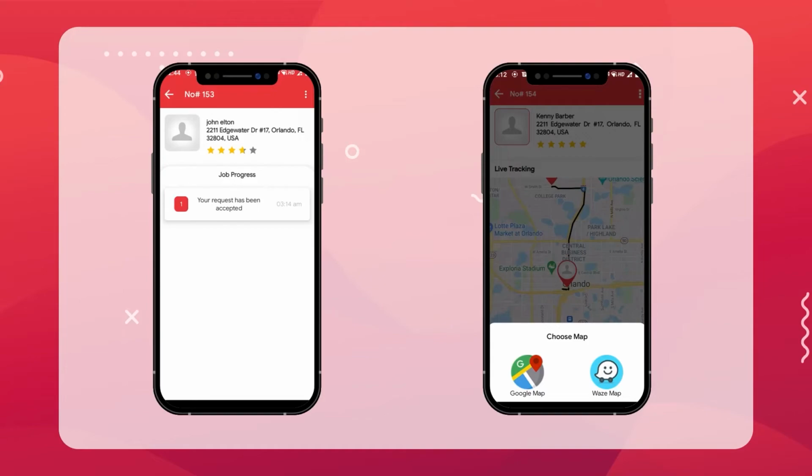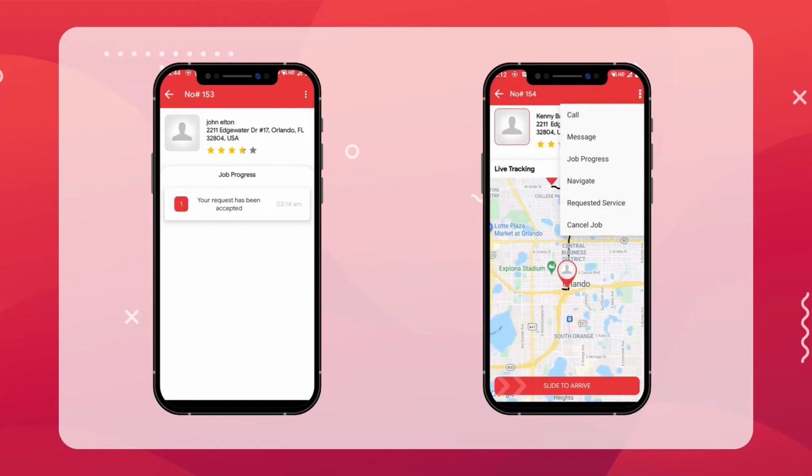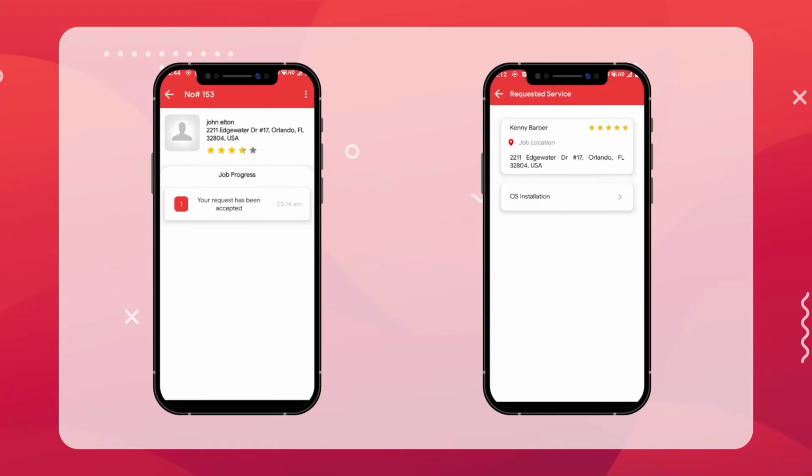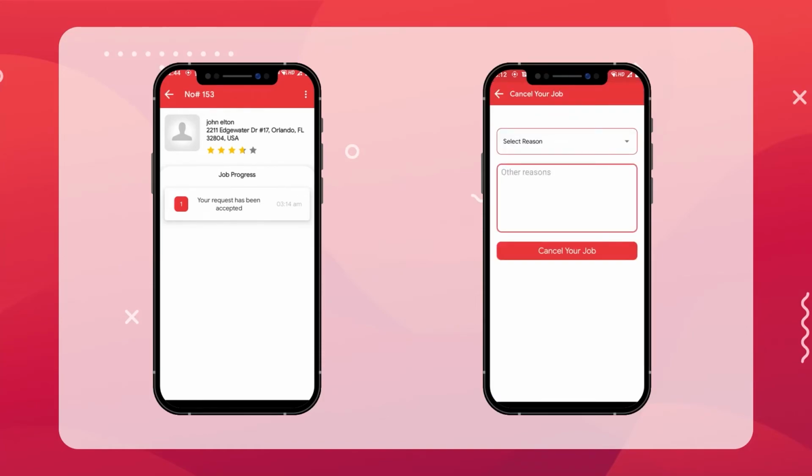The provider can select among these two maps. Requested service option is used to view the job request requested by the user. Cancel job. If the provider wishes to cancel the job, using this option, the provider can cancel the job.